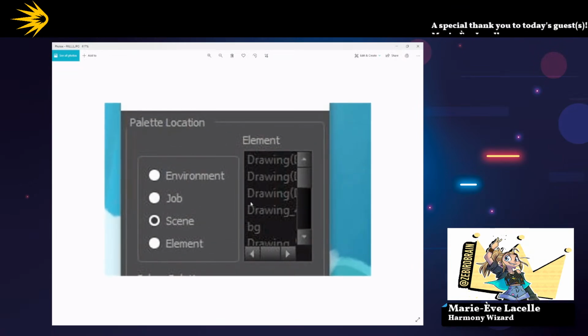Because I get lots of questions about what are those, I know it's not super interesting, but it's going to be very knowledgeable for you guys. Usually, if you work on a big production, the environment will usually be the